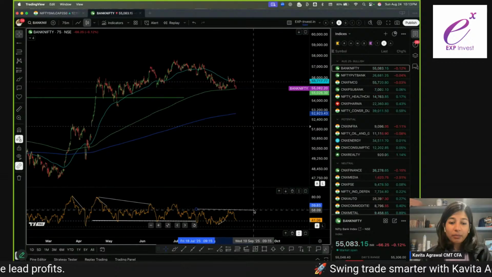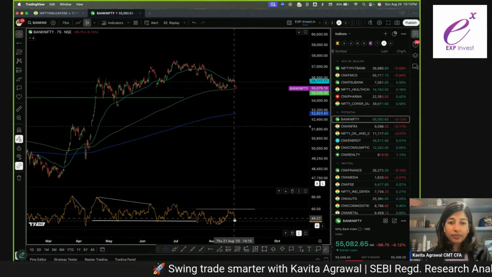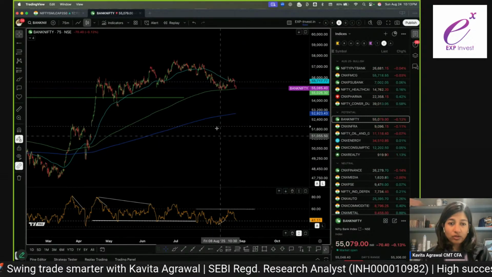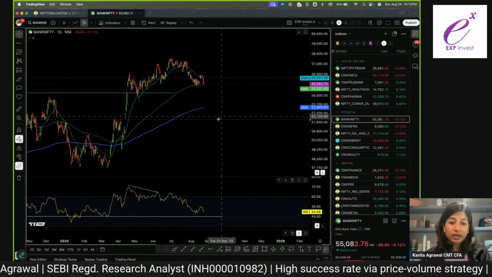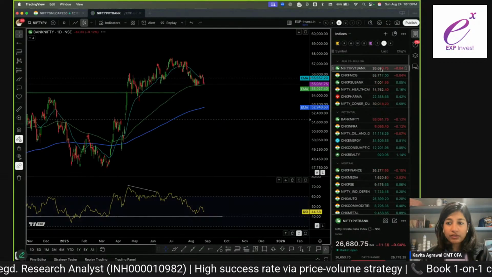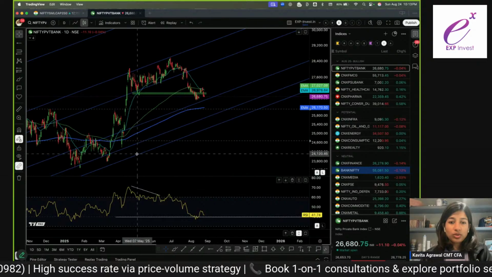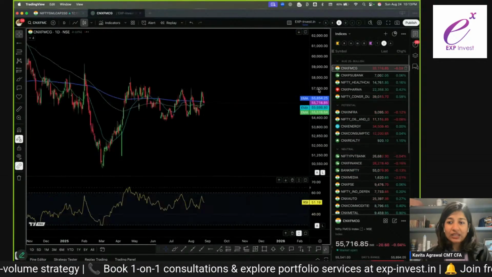Bank Nifty, I think, on the 75-minute time frame is definitely sustaining in the negative range. It did bounce up from the 100 EMA, but it's back there. So that again is not giving me any confidence. So again, we'll move that as well to neutral. Same goes for private bank, almost exactly the same chart.